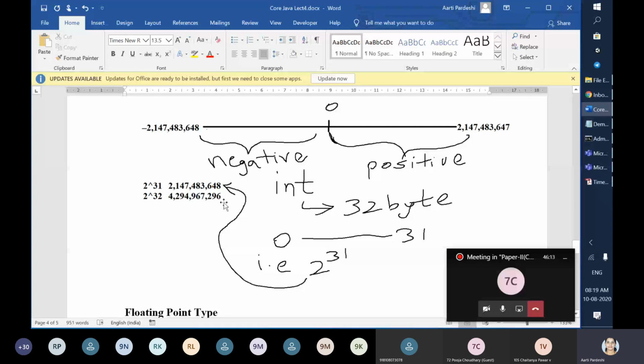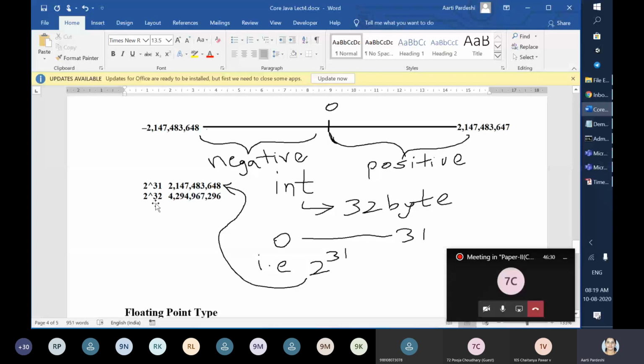If you divide it in half, it's nothing but 2 raised to 31. These are the total possible values which an integer can take, because 32 bits are assigned to an integer. So an integer can take 2 raised to 32 values.